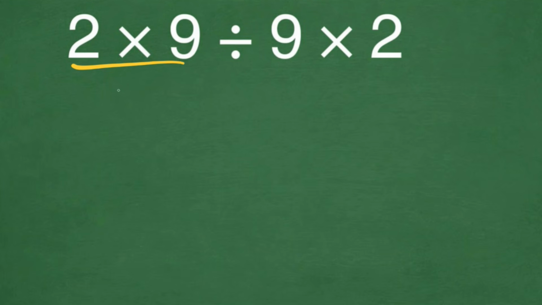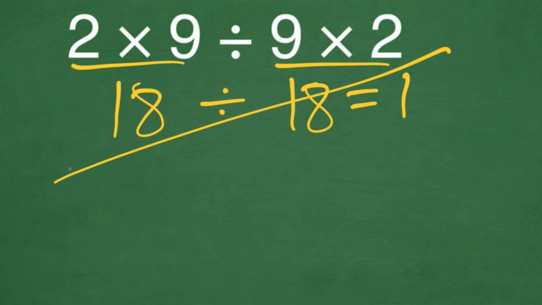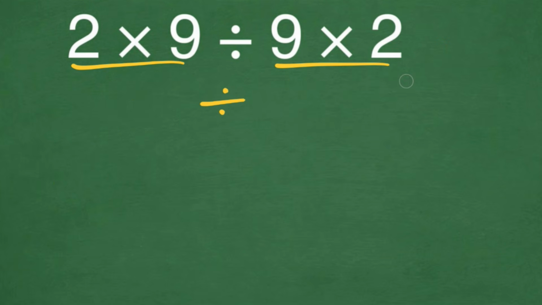2 times 9 gives us 18. And again, we have 9 times 2, which again gives us 18. And 18 divided by 18 is equal to just 1. But this answer is not correct because according to the order of operation, PEMDAS,